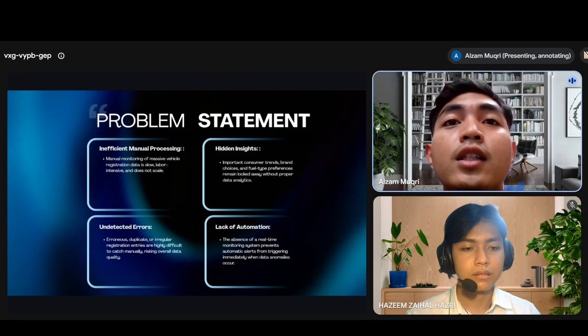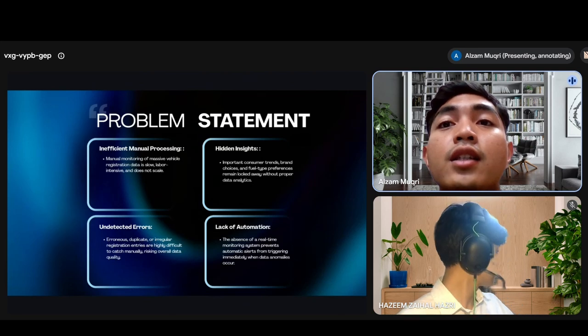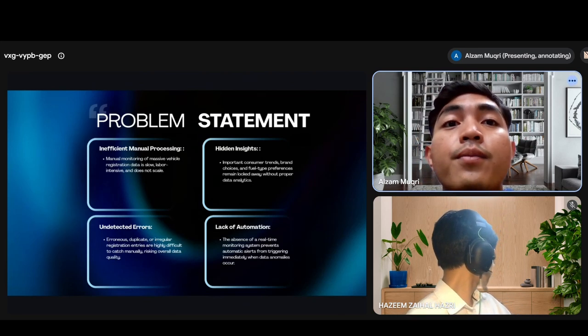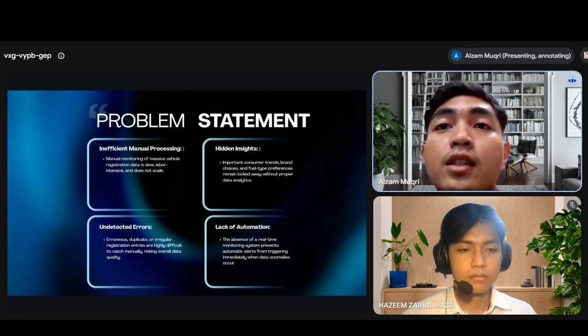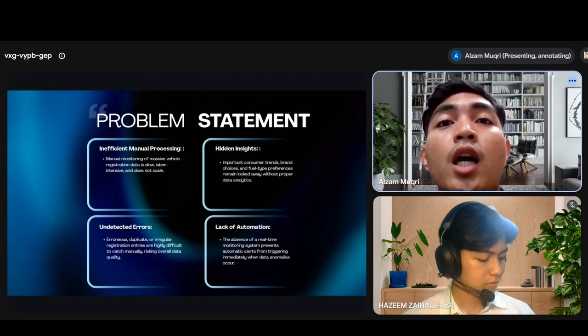Second, without analytics, important insights like consumer trends and fuel preference remain completely hidden. Third, manual checks make it very hard to detect mistakes or duplicate entries, which hurts data quality. And finally, because we don't have a real-time monitoring system, we can't get automatic alerts when errors or anomalies occur.